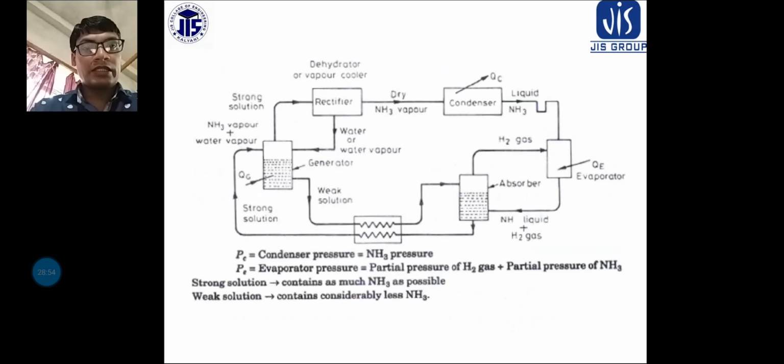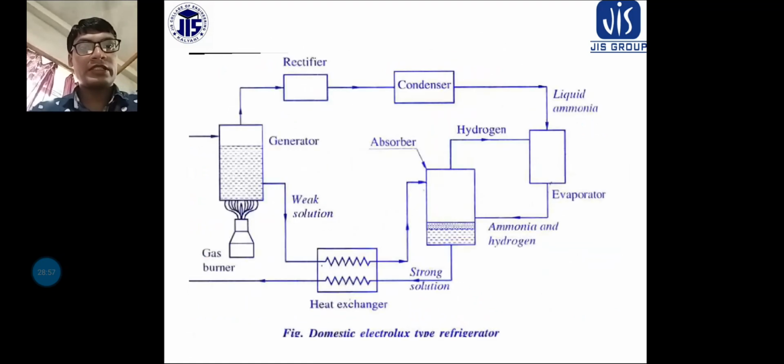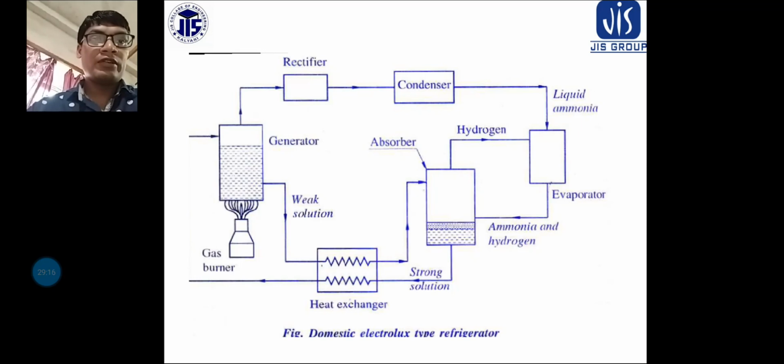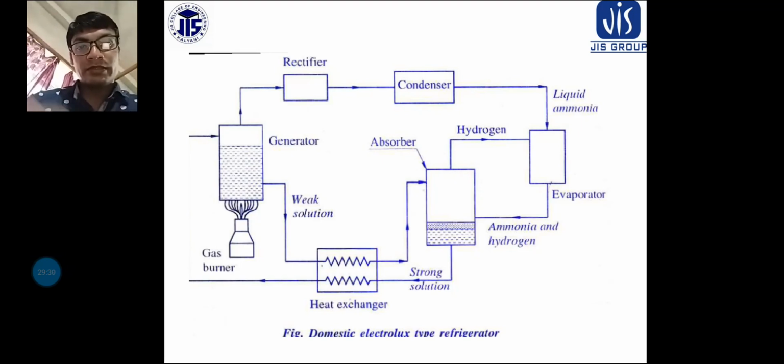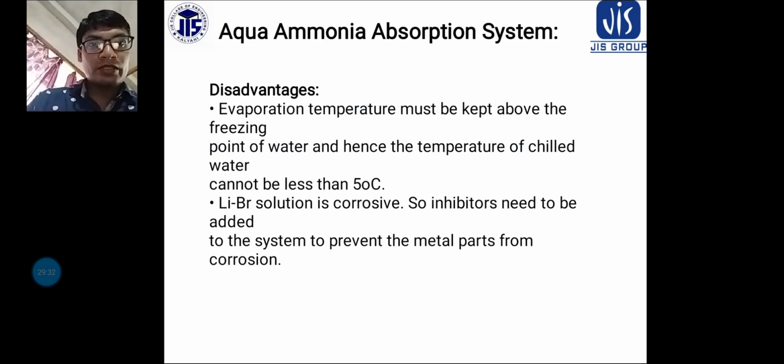And remember the working principle is very important. This diagram, how it is operated, how the domestic electrolux refrigeration system works, should be very clear, and this diagram is needed. When you show this diagram, the arrow sign is very important, because without arrows it is meaningless, showing where the particular substance, refrigerant or absorbent is coming from, where it is entering, and where it is coming out. So this part is very important.